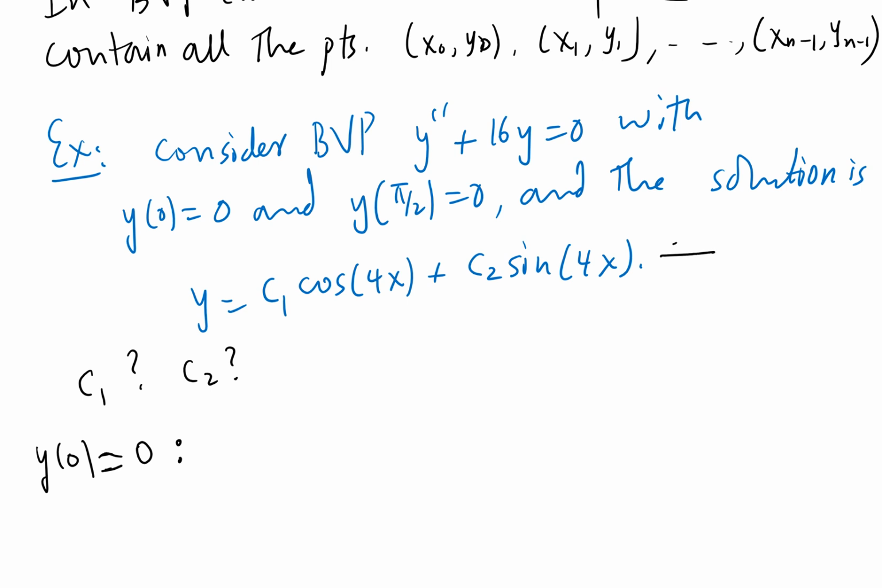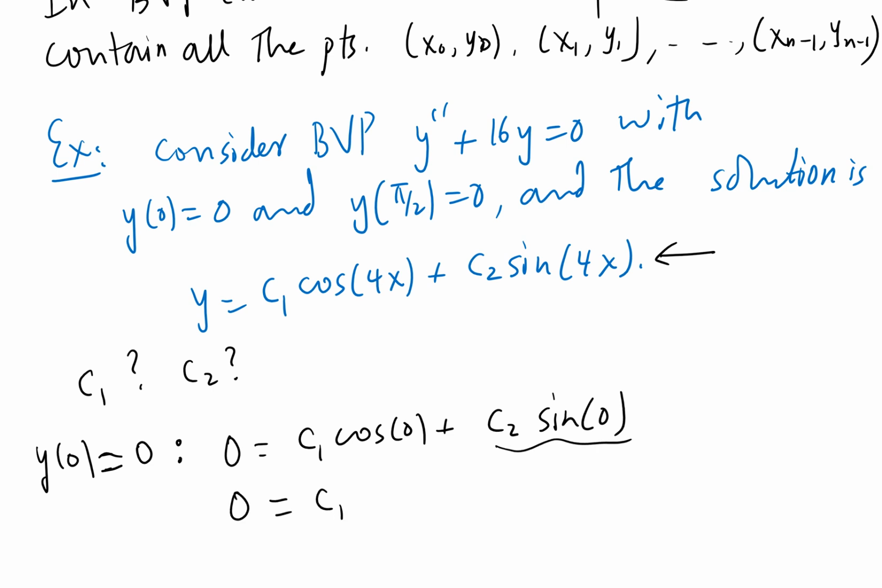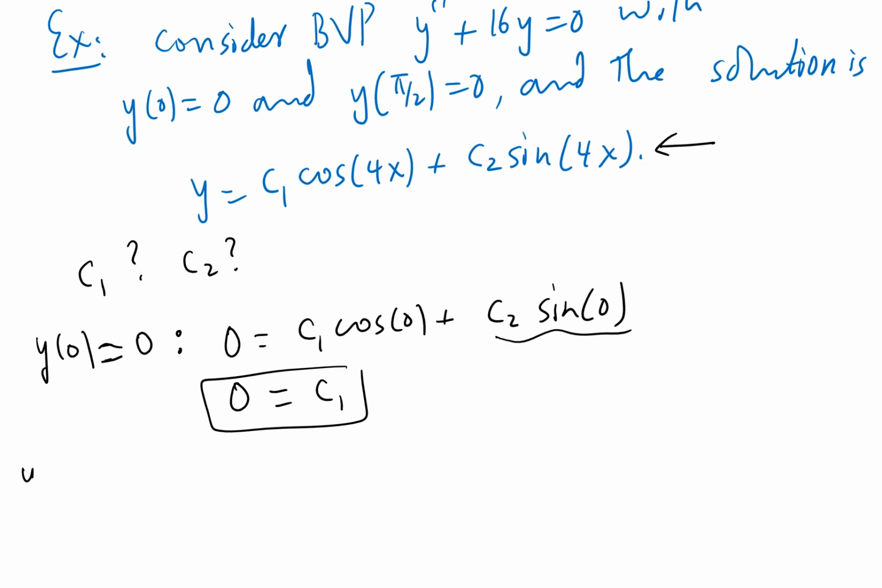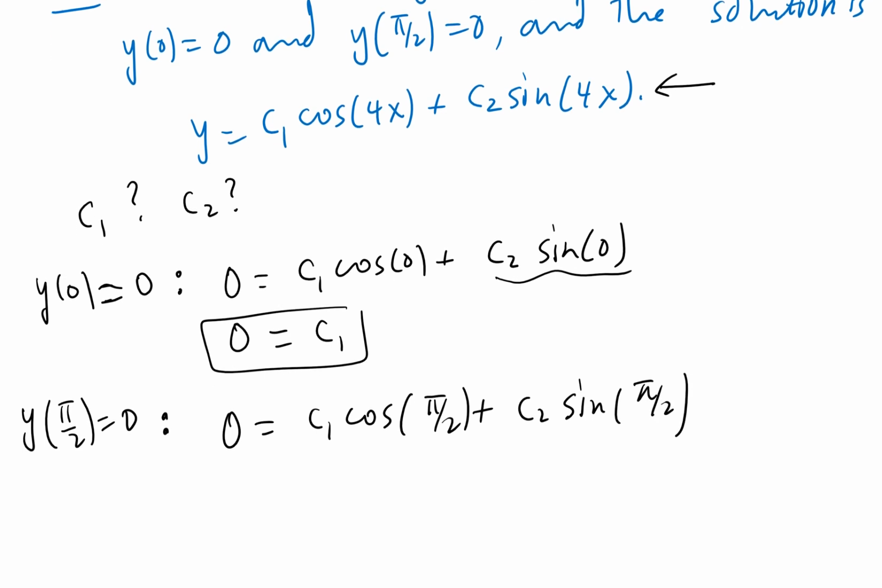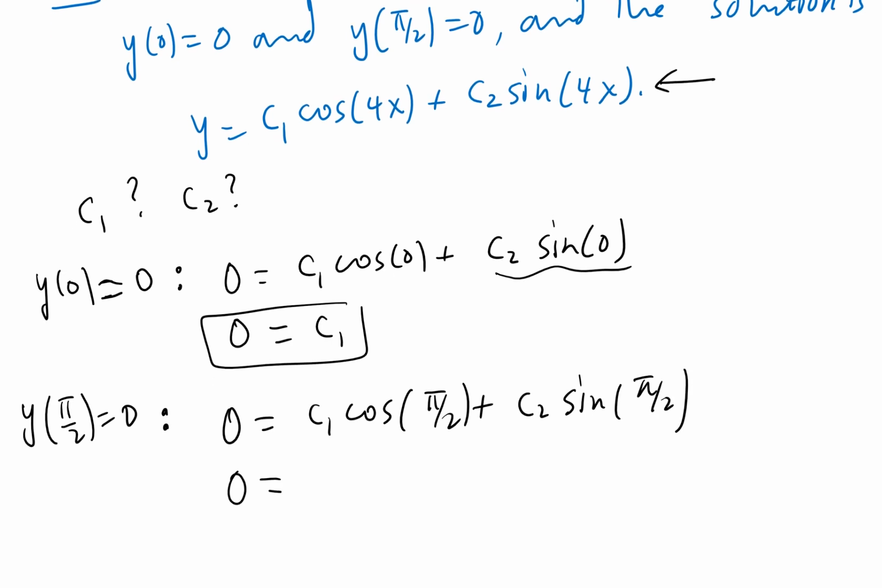If we substitute it into the solution function, we get 0 equals C1 cosine 0 plus C2 sine 0. Sine 0 is 0, and cosine 0 is 1. So I found C1. How about the second condition? y of pi over 2 is 0. So you get 0 equals C1 cosine pi over 2 plus C2 sine pi over 2. And what do we get for that? Cosine pi over 2 is 0. This is gone. Sine pi over 2 is 1. So C2 is also,